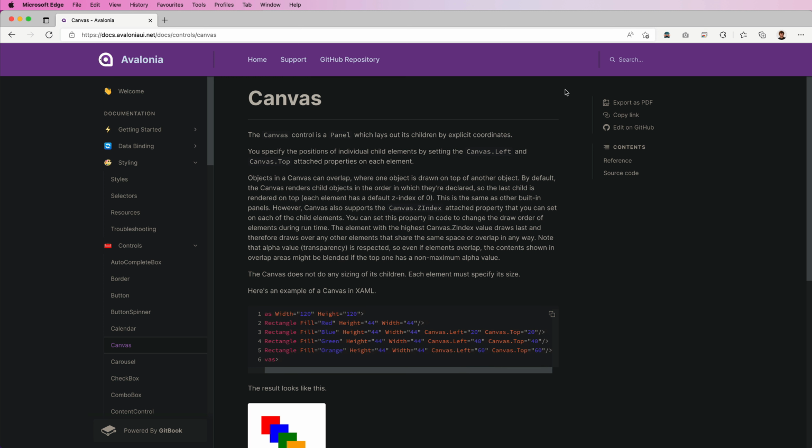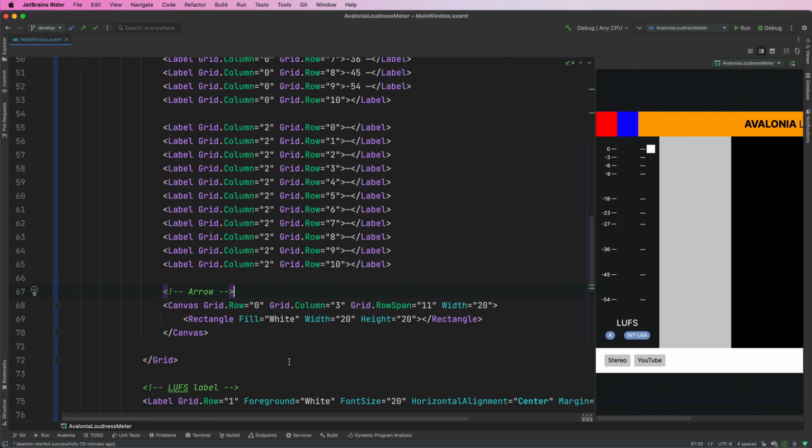Canvas.left, canvas.top. So we should be able to just set canvas.top here. And 0 is the very top, which would actually align perfectly with that line if it was 0. And I think that's just pure coincidence, to be honest, because the height of this text happens to line up with the center, but that means our offset is 0. If we did 10, it moves down 10. Now the only thing is there,